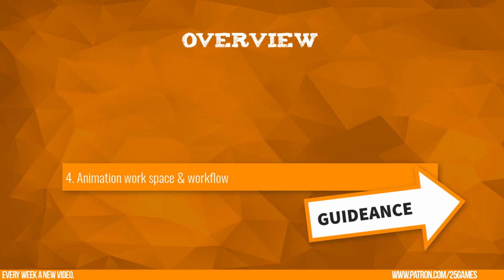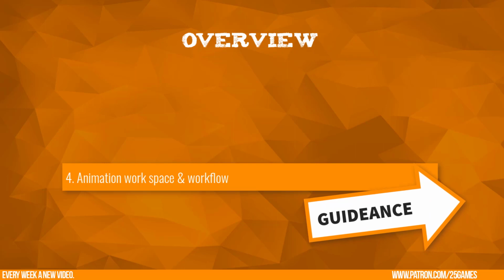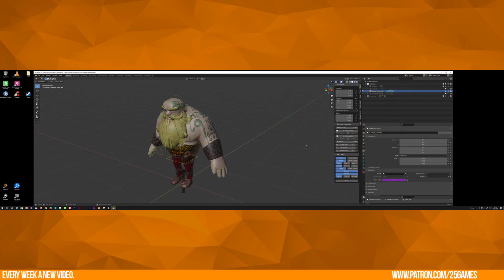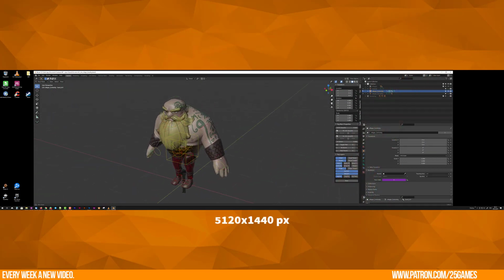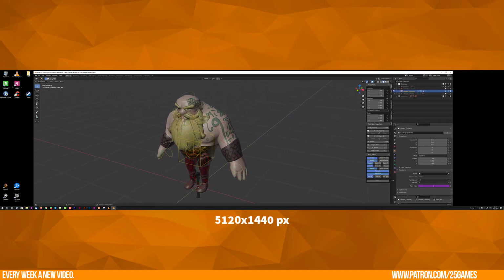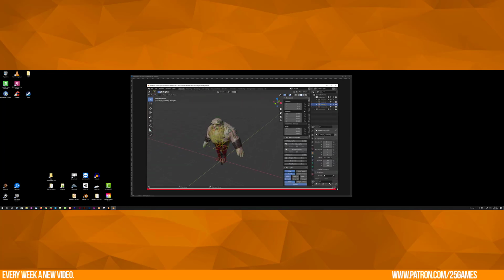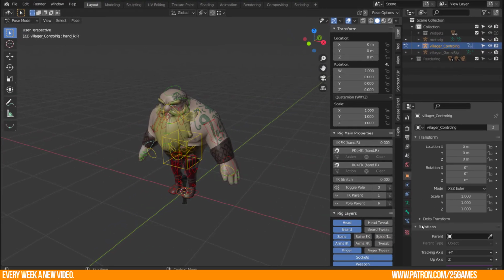But today I want to talk about my used workspace segmentations, what every part stands for, and what is my usual workflow from start to end. I work with a 5120 by 1440 pixel screen, and it is way better to give Blender more space for each panel. It is really annoying with a small screen, because then you have to pull and push the single panels around for a good visualization of the settings.